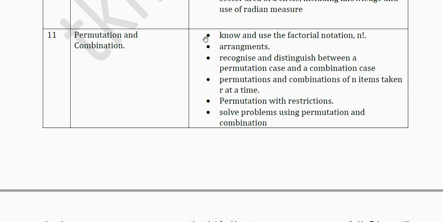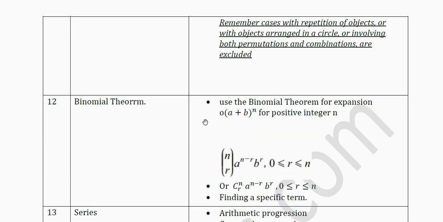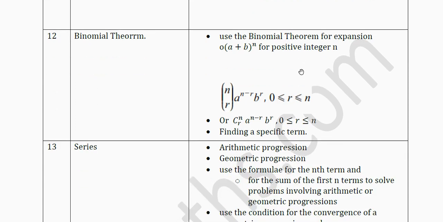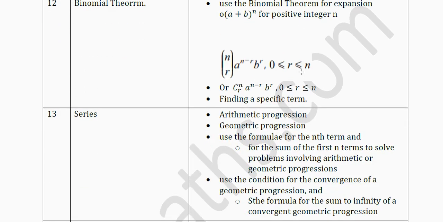In permutation and combination, again, read the points. Do not just cram the words, but make sure you understand the concepts. So these are the pointers. And there are certain things which you will not practice, which are out of your syllabus for O-level AdMaths. These are those pointers: repetition cases, circular cases. So ignore those questions. They will not be part of past papers, but if you're referring to any book, you may find them. So just skip them.